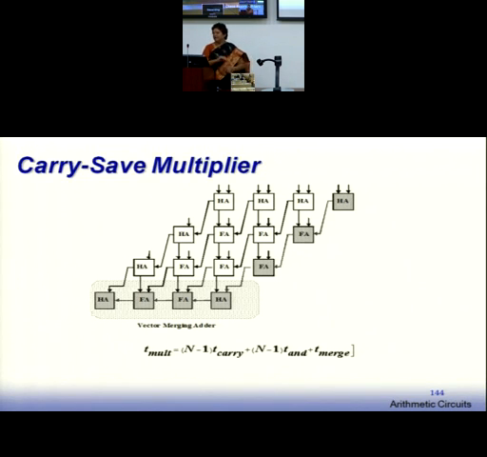This is an array multiplier operated with a carry saved concept. Can you see the carry coming from here is not going here? It is given to the next level of addition, mixed with the sum bit coming from this block.